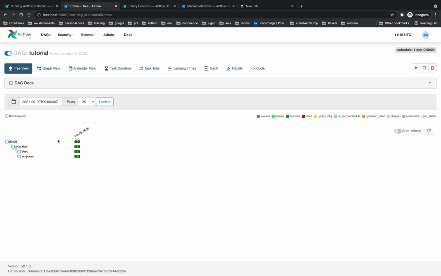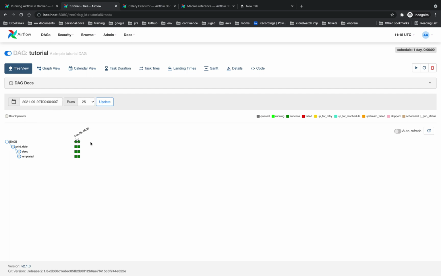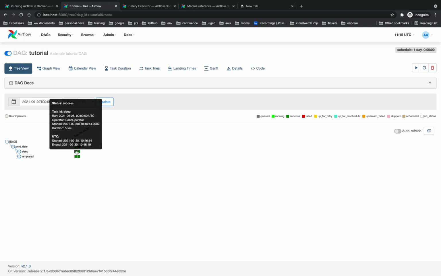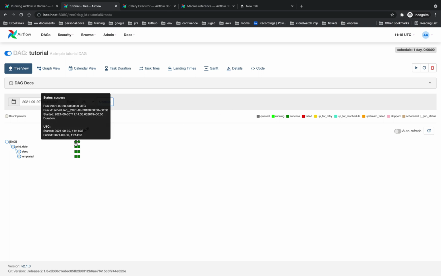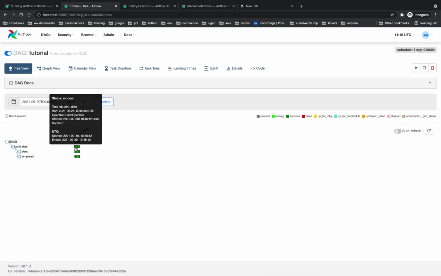In the line of this DAG, we have these two circles. This circle represents the DAG run. A DAG run is the instantiation of a DAG, and whenever a DAG is instantiated into a DAG run, it also instantiates the tasks as task instances, and for these task instances we have different states. So a DAG run also has a state, and task instances also have a state. In this case, our DAG run says it is success. If we click on any of the square boxes,